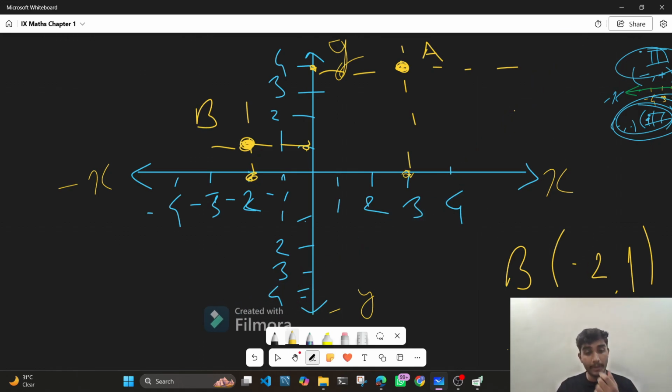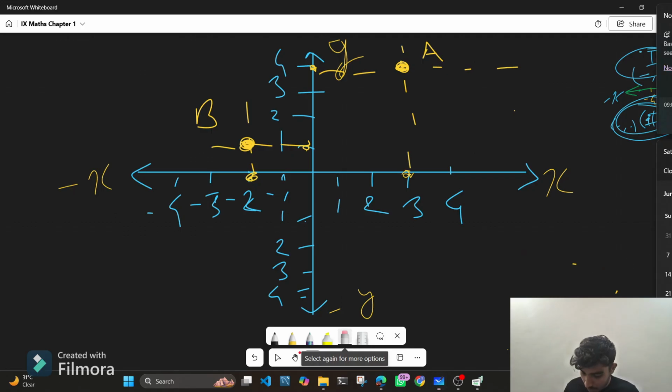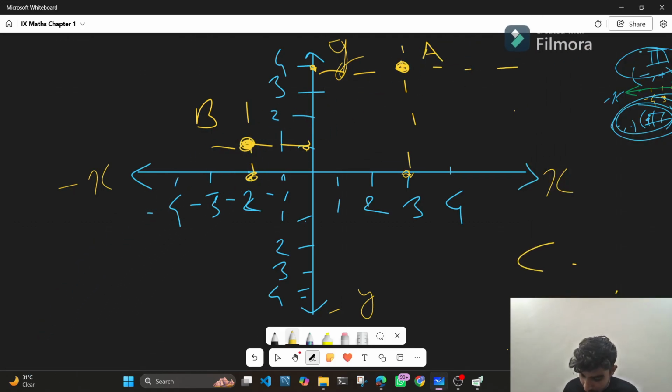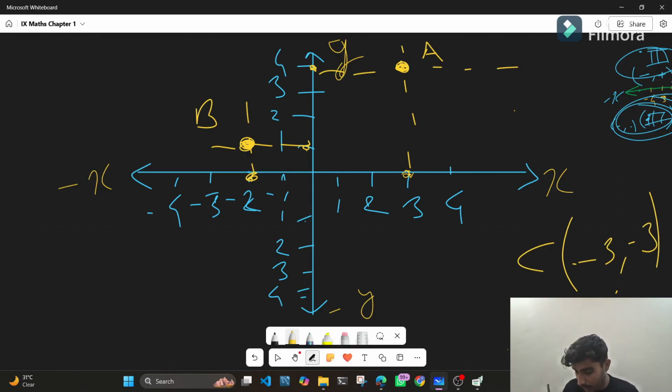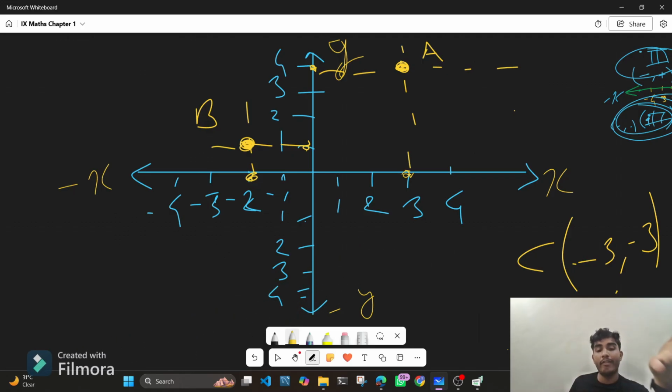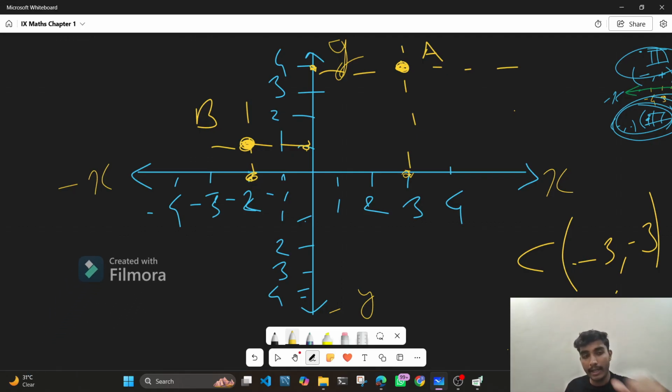ये हो गया तुम्हारा सेकंड क्वाड्रेंट। थर्ड क्वाड्रेंट में आओ, चलो लेट्स से वी हैव पॉइंट C, दैट इज -3, -3। क्योंकि अभी why am I saying that this lies in the third quadrant? क्योंकि देख लो ना यार, x भी नेगेटिव, y भी नेगेटिव, तो थर्ड क्वाड्रेंट ही रहेगा। ठीक है।